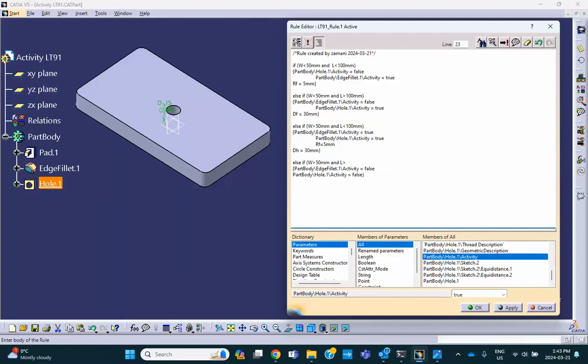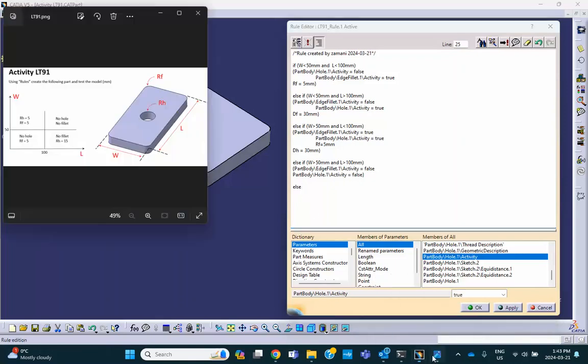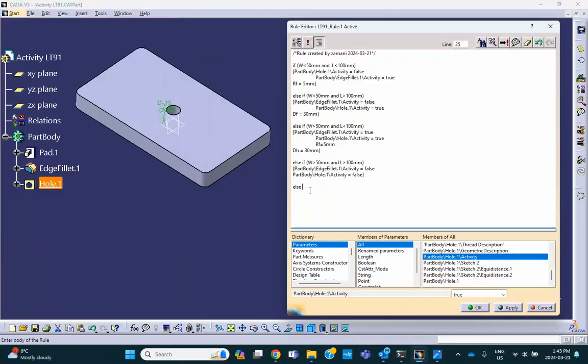Obviously, this last situation is else. I forgot this. 100 millimeter. Close the parentheses. Else. Now, when you look at this, else means that W equal to 50 or L equal to 100. Okay, so here's the way I'm going to include it. That is not specified in this figure, but I'm going to do that. So if either W is 50 or L equal to 100, which means none of these lines are correct anymore,